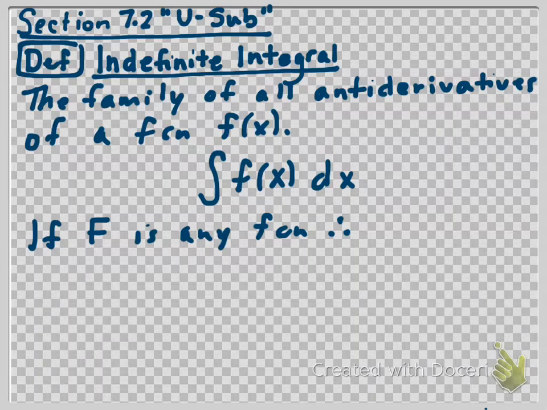Such that capital F prime of x, what would capital F prime of x be? The function. So how would I note that? Little f of x. That's right. Equals little f of x,